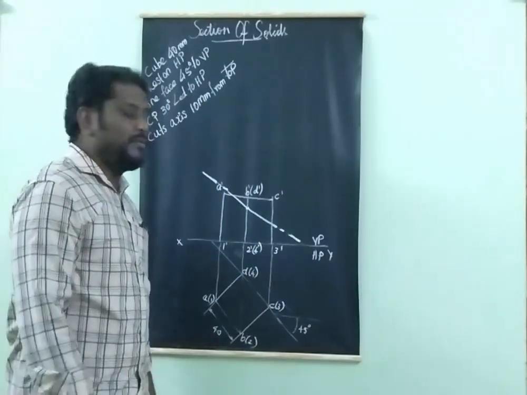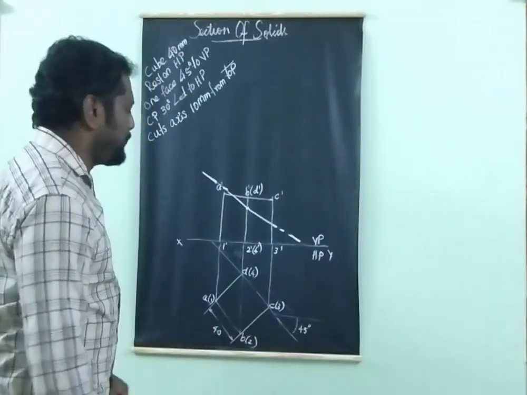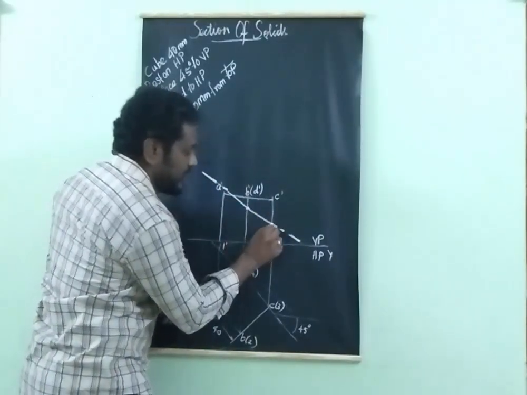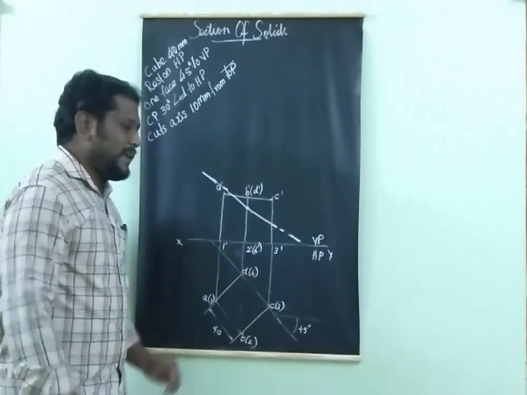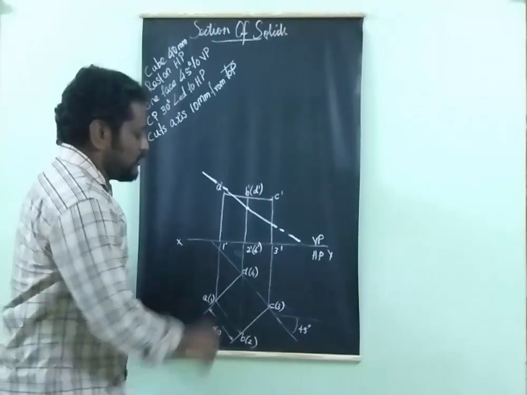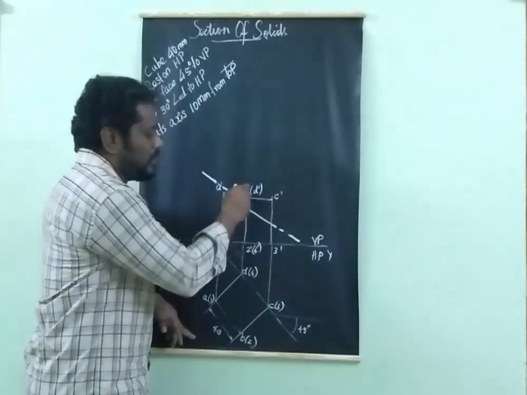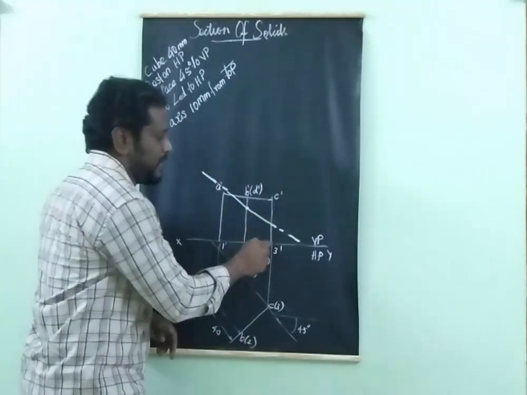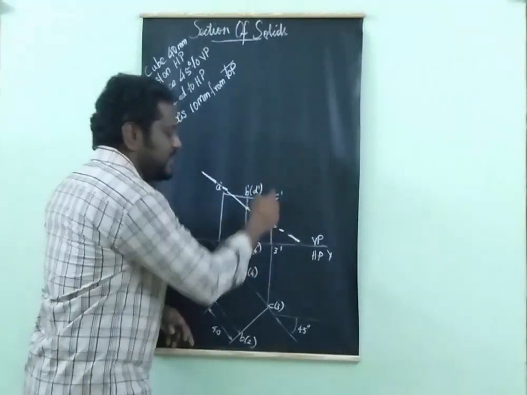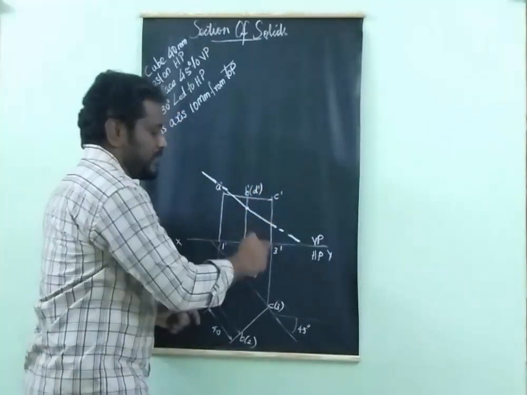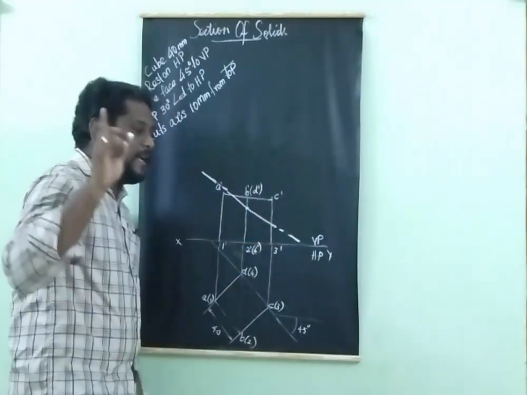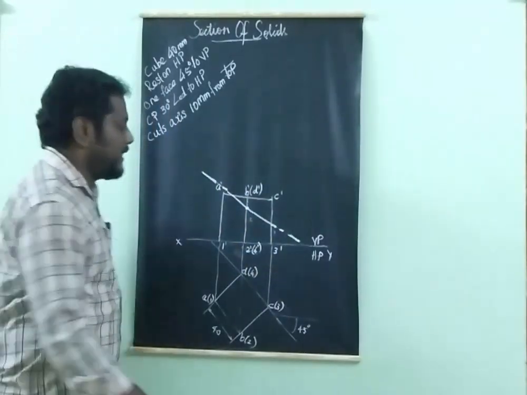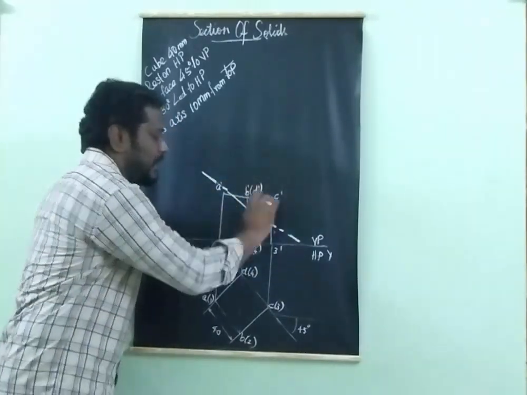The next step is to mark the cutting points. Now my cutting plane cuts the solid here, here, here. So there are 3 points, but in the actual case how many points will be there? Here there are 2 longer edges, 2B and 4D, so there will be 2 cutting points. Similarly here it cuts the longer edge 3C. There is only one longer edge, and here there will be only one cutting point. So put together, here 2 cutting points, here 1 cutting point, and here it cuts the top base, right?